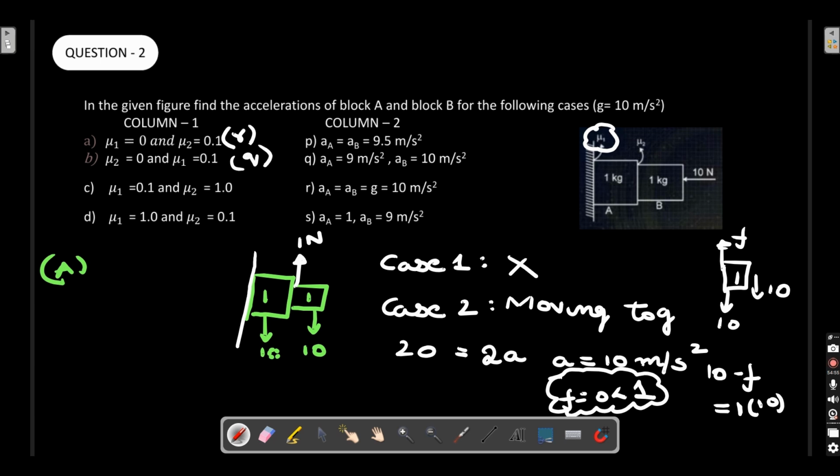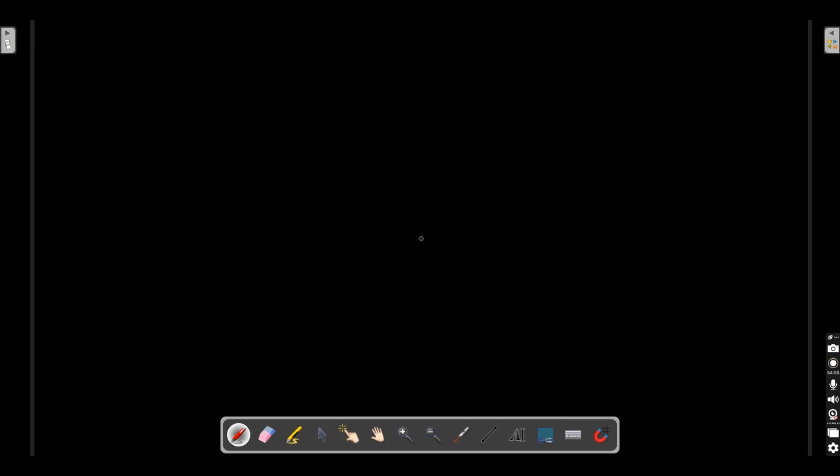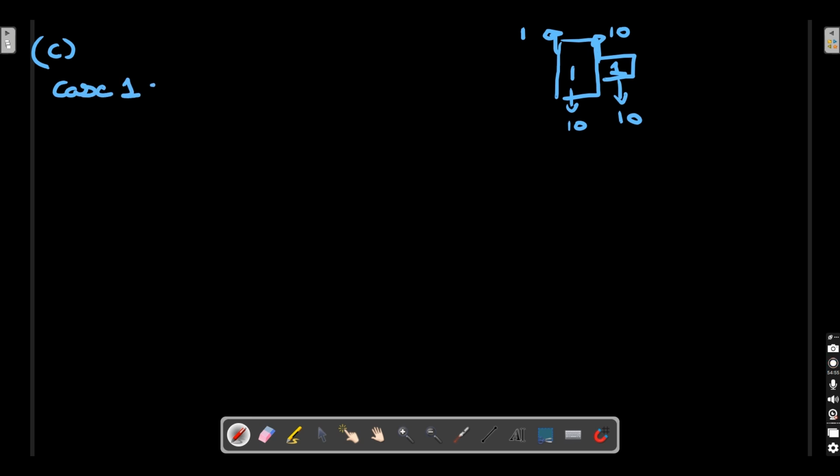Now the second one is 0.1 and then 1. We are going to solve C. That is 0.1 and 1. So let's solve C. 0.1 and 1. Again, let's draw the diagram. So this is 1, this is 1. This side, this is 0.1. So here I will have 1, right? Here I will have 10 since they said 1, right? Now you will have 10 here, 10 here. 10, 10, 20 is not balanced by 11. So case 1 itself, it's failed. Case 1 failed.